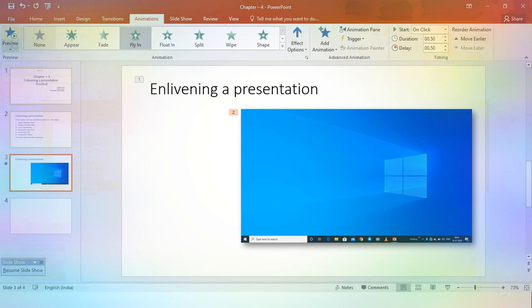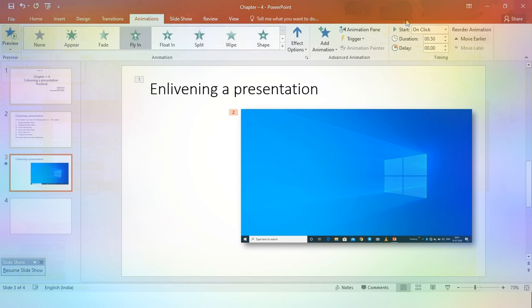Just click on preview and see. It takes time now. And now I decrease the timing, and you can see the experience. When we increase the delay it works late, and if we decrease it, then it works faster.